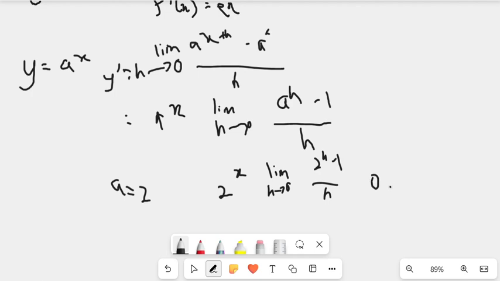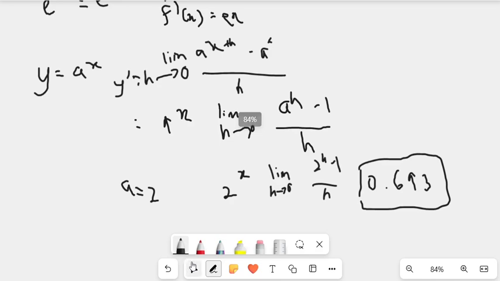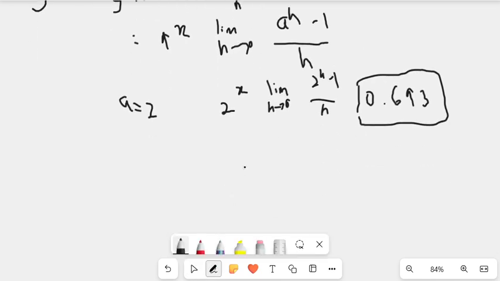It would be 0.693. If you are really sensitive to numbers, you would already notice what this number is, but I'll keep it a secret. Now let's try a equal to 3. For 3 to the x, the limit as h approaches 0 of 3 to the h minus 1 over h. If you try to take this limit, you are going to get around